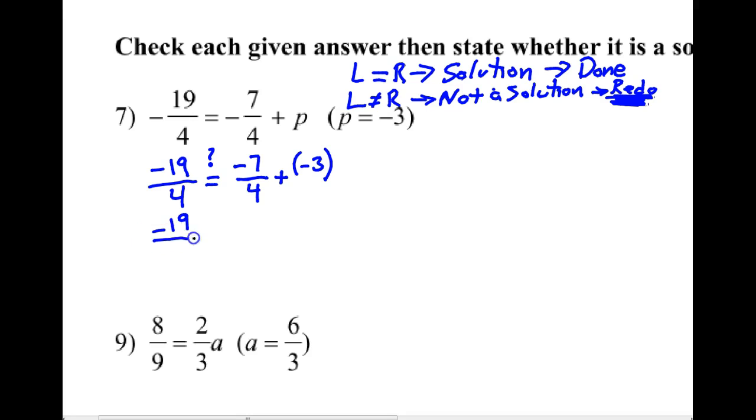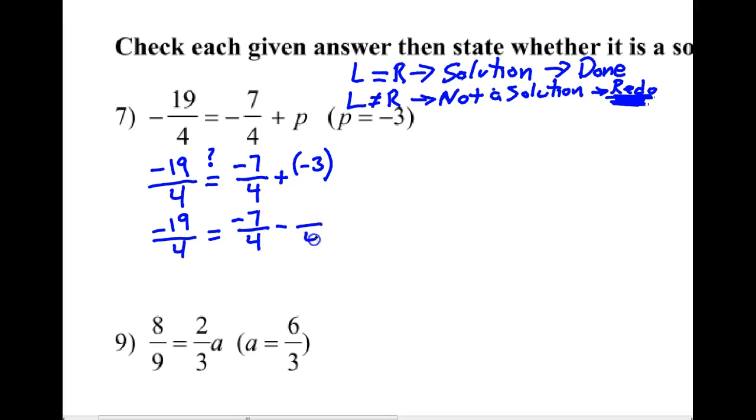Again, try to line these things up vertically so it's easy to follow. So I'm just going to have right below, negative 19 over 4, equal sign. And then if you have a calculator, you can just punch this in, negative 7 over 4 plus negative 3, and you can know that equals 19 over 4. You might have to go and hit the buttons. It might give it to you as a mixed number, not an improper fraction like it is here. But you could do it. If not, you just have to do the old-fashioned way, which takes a matter of seconds anyway.